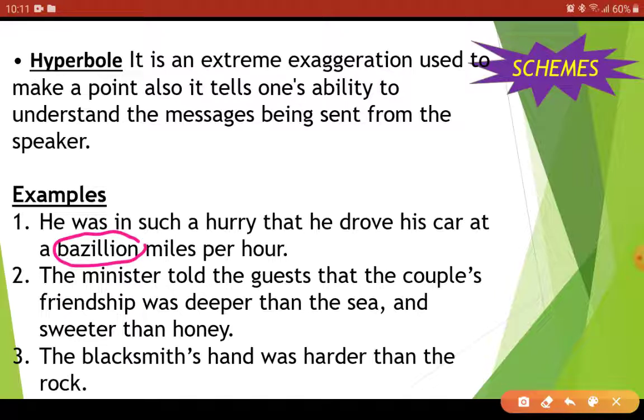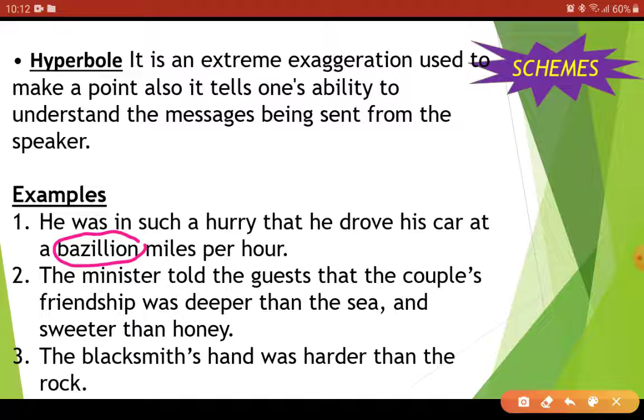So it is impossible, in fact next to impossible, to drive a car at such a great speed. We are using the skill of driving a car at this great speed in a statement. He was in such a hurry, how can a man be so fast? This is something which is next to impossible, that's why we are taking it into this category of